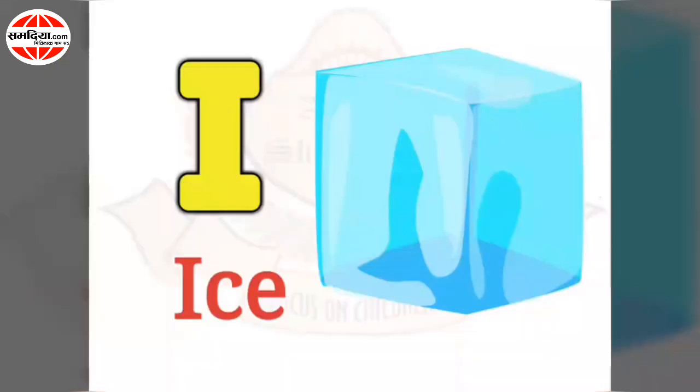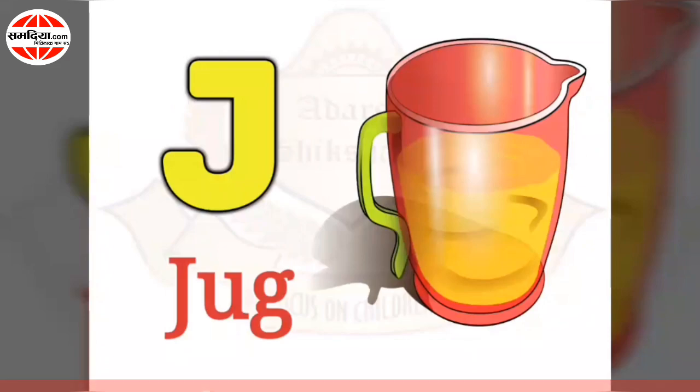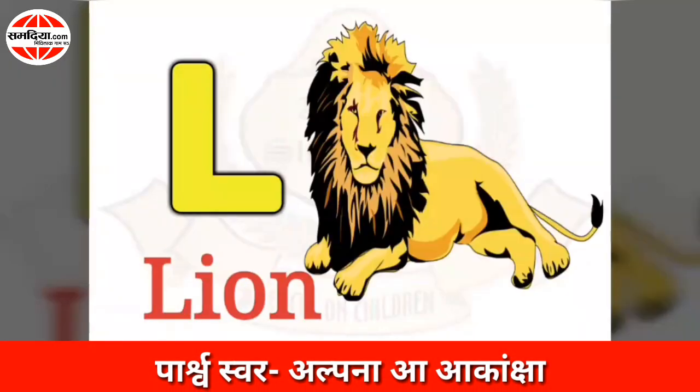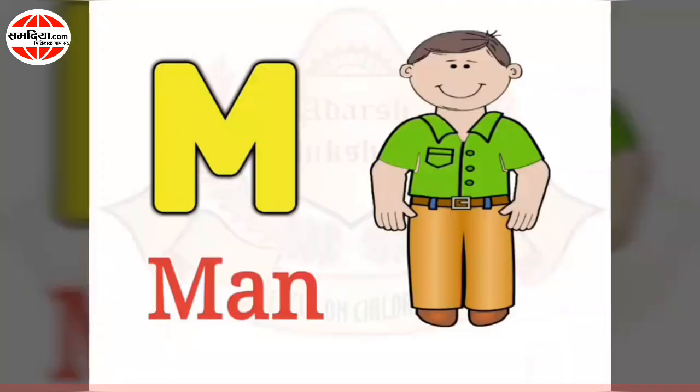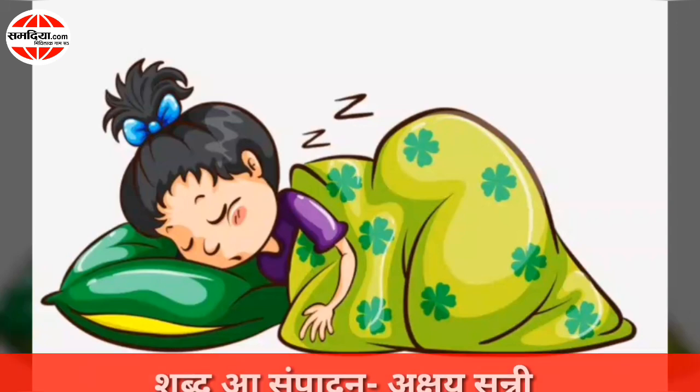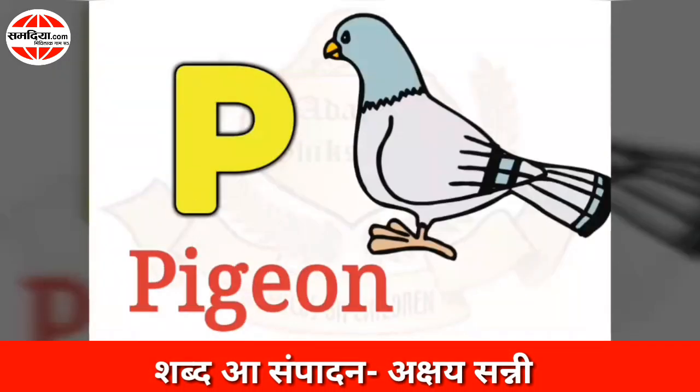I for eyes, J for jug, झलके बउआ जहिना नग। K for kite, L for line, जियान ने करू बउआ पैन। M for man, N for nest, खा पीब क करू रेस्ट। O for ox, P for pigeon, आइब गेल पढ़ाई के सीजन।